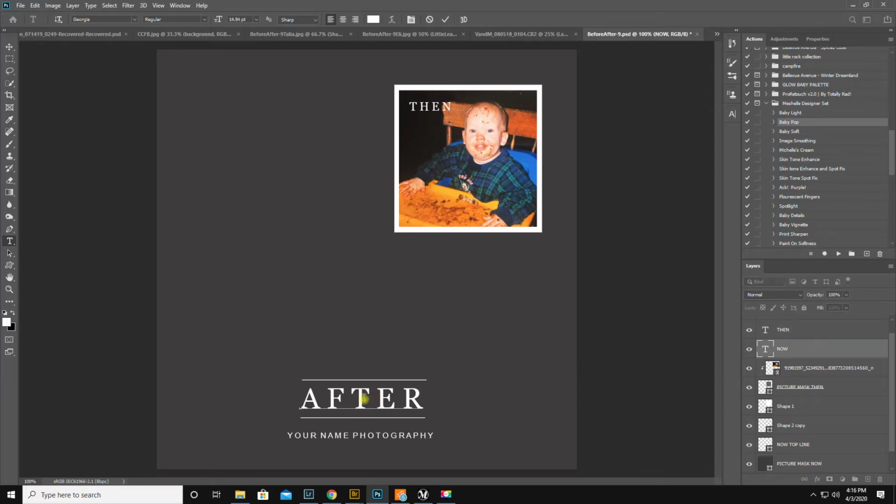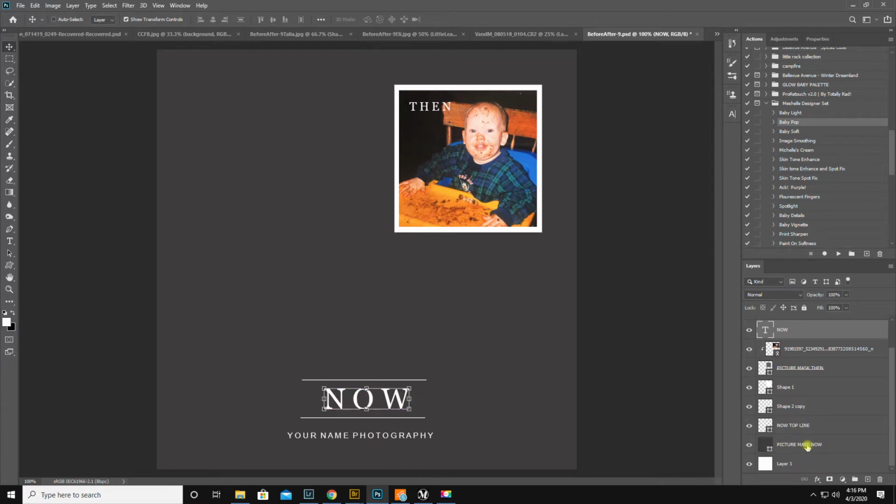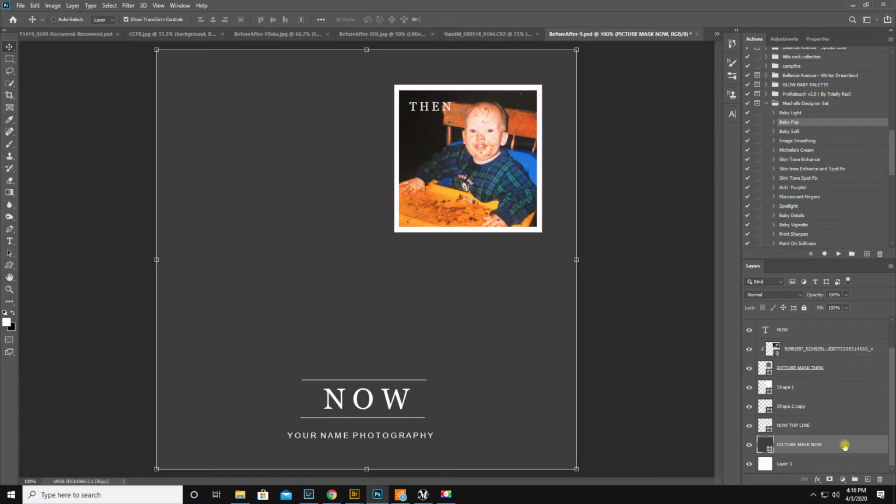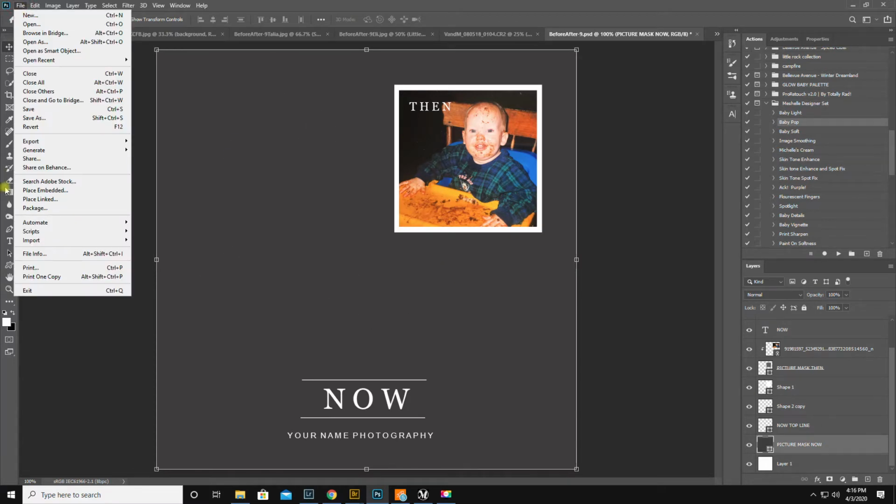Okay, since we're on the type tool anyway, let's change this to say N space O space W. If you click on the Move tool over here, then when you move it, it'll tell you when it's lined up, which that looks good. Okay, so now we're going to click on the Now layer mask, which is this. So now we're going to go File,